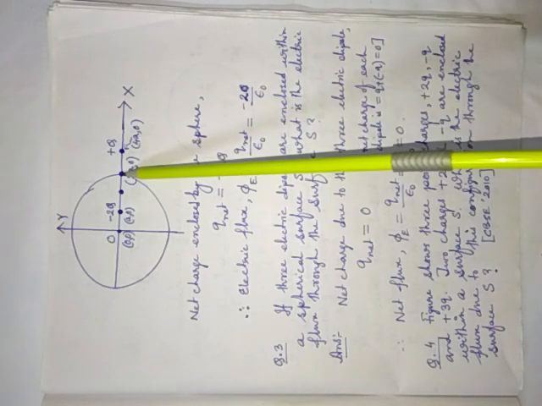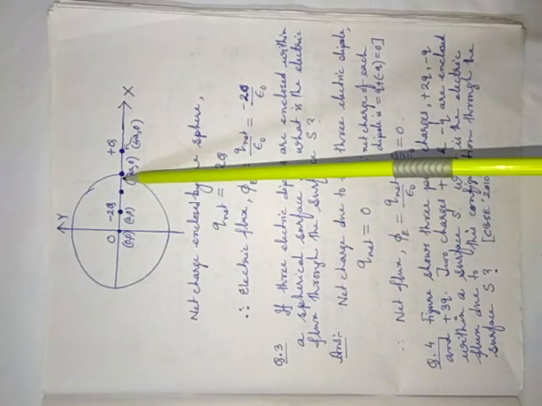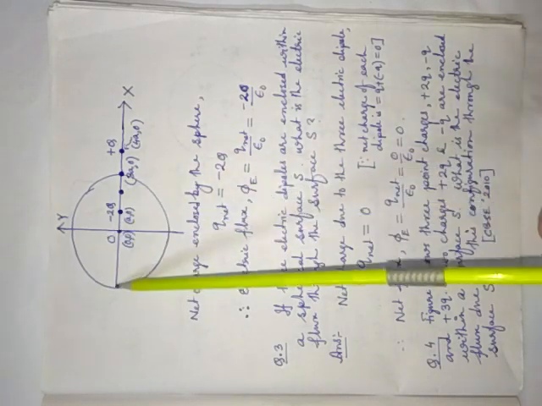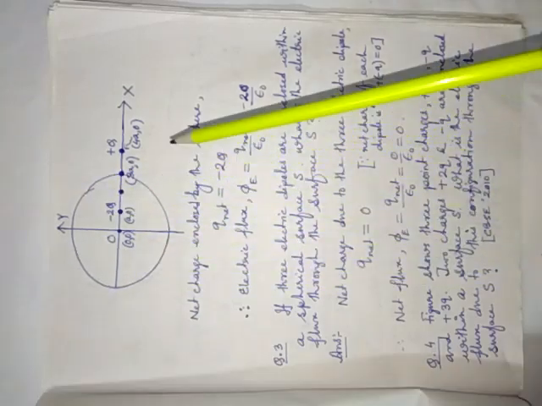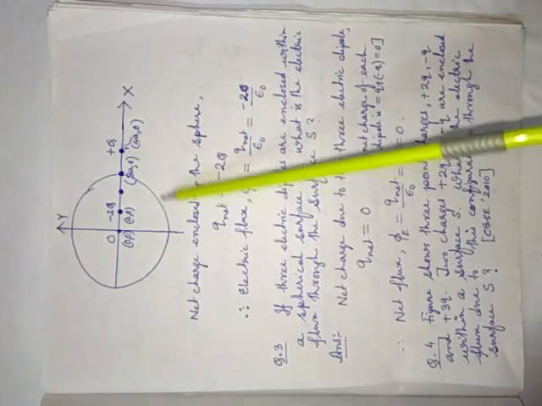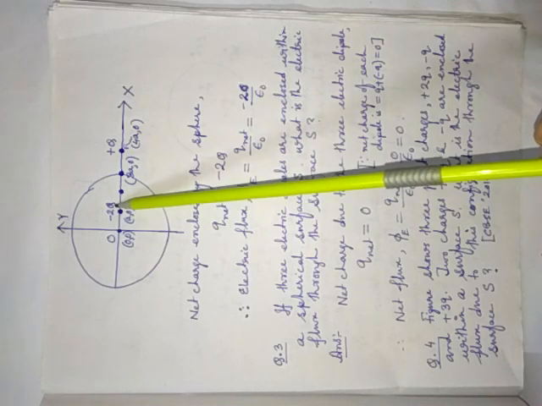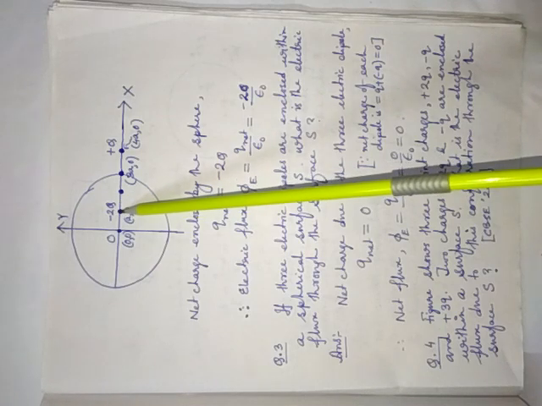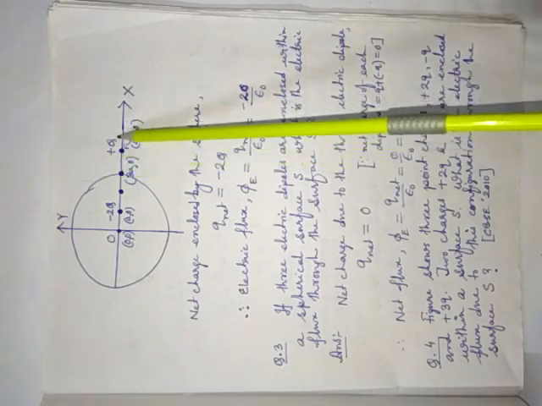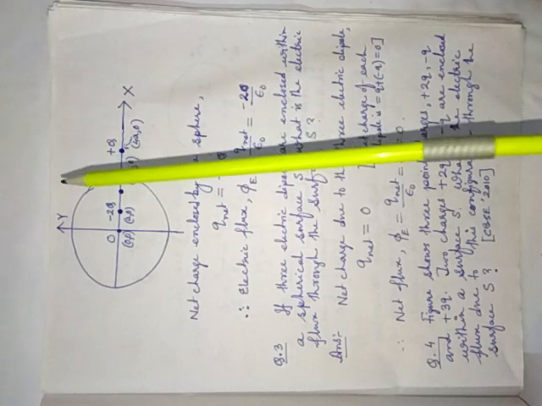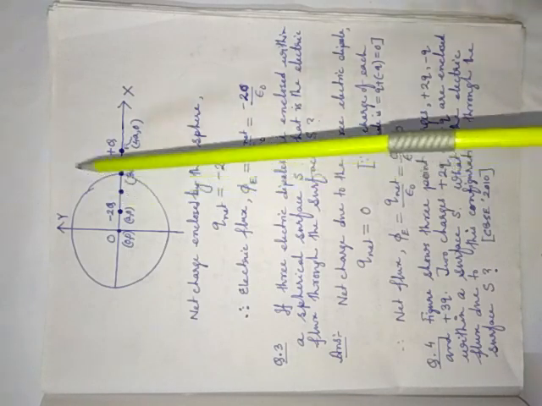See here, the radius of the sphere is 3a. That means the length of this part is 3a, the length of this line is 3a, and this one is 3a. Ultimately this is a sphere, not a circle. Here it looks like a circle, but this is a closed surface, a sphere. According to the question, minus twice q is located at point a, 0, here, and plus q is located at 4a, 0. Now what is the flux due to this system of charges? We know, according to Gauss's law, the net charge should be what?